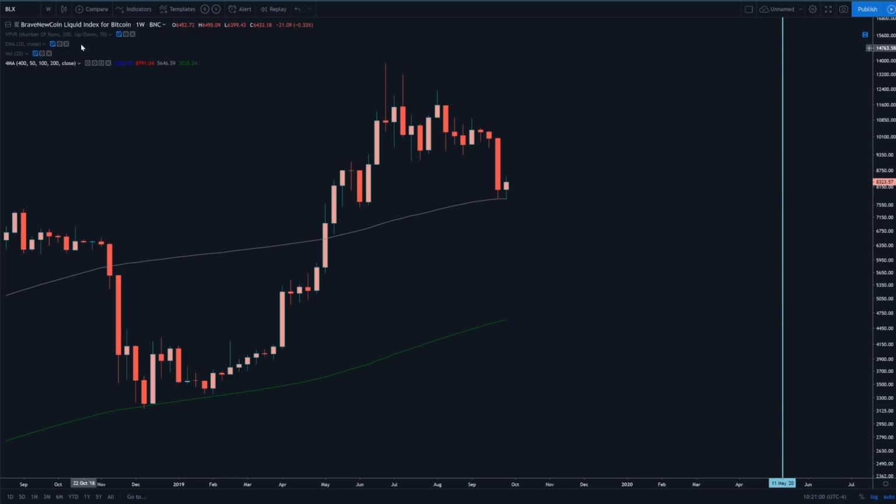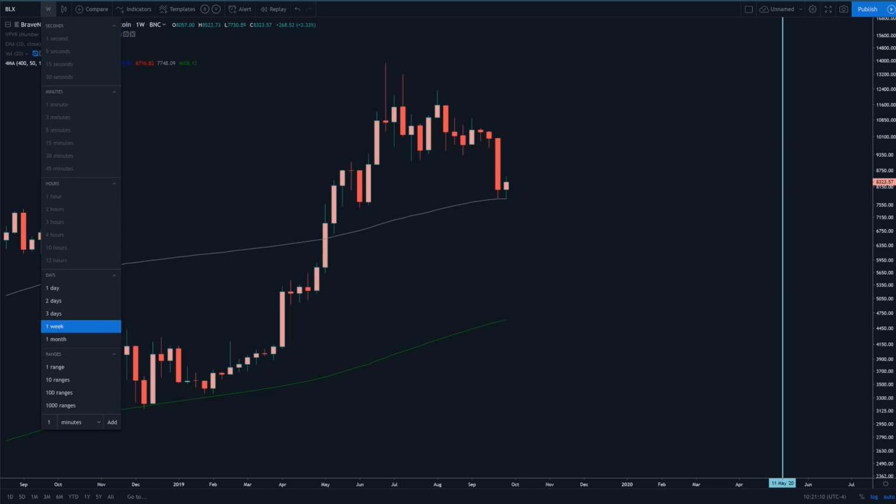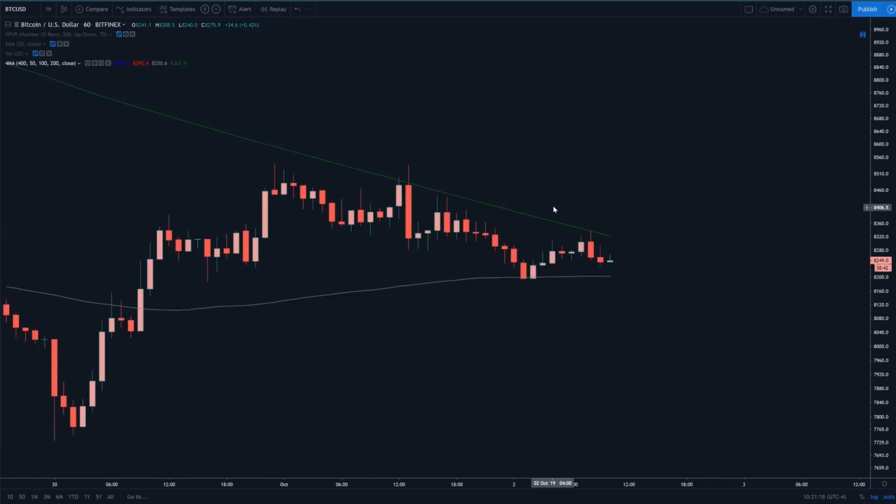Second thing I want to mention is, guys, if Bitcoin does fall below the 100 simple moving average and down to the 200, don't look at it as a bad thing. Look at it as an opportunity. Everything that Bitcoin does is in and of itself an opportunity. If Bitcoin starts crashing here, guys, then guess what?